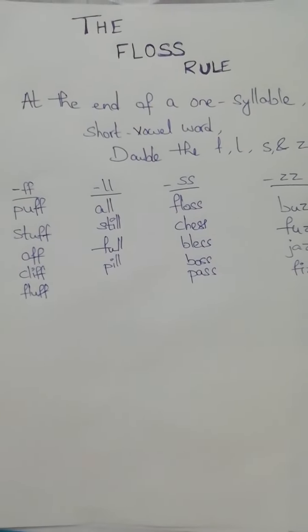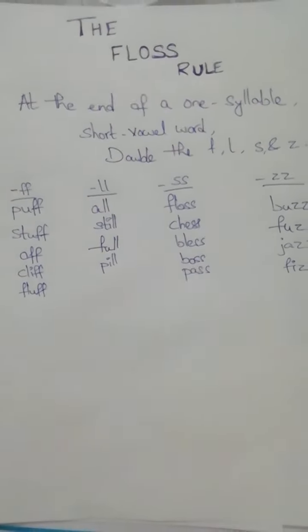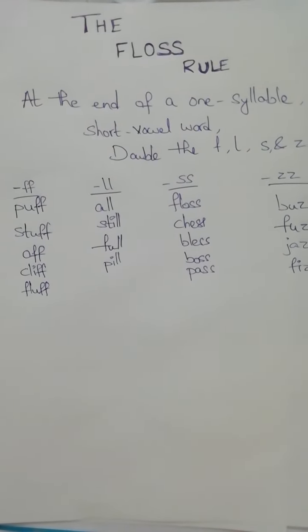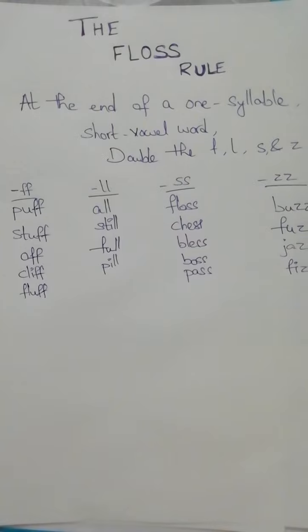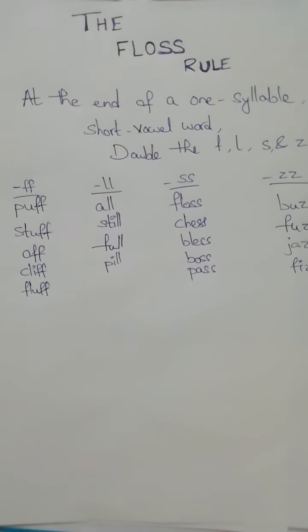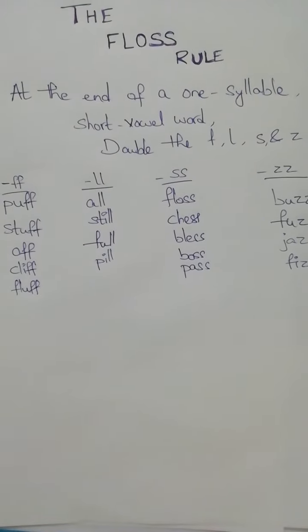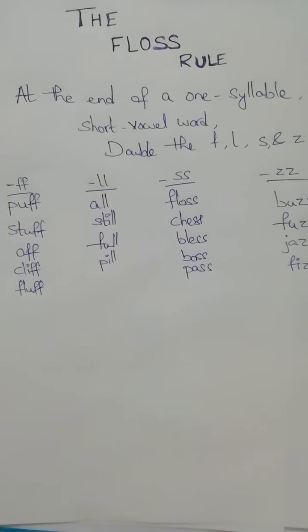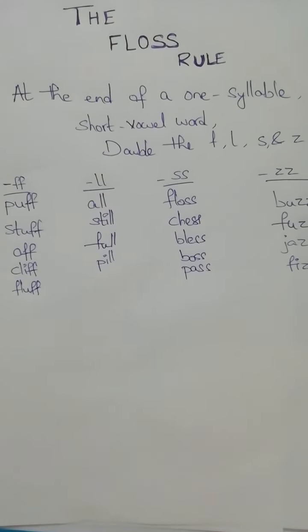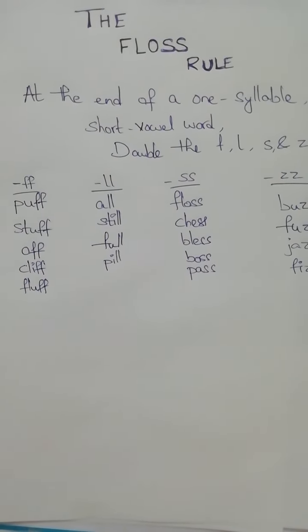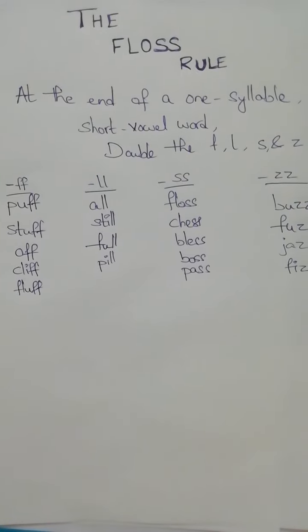So at the end of a one syllable short vowel word, again short vowels, a, e, i, o, u, these are called short vowels. There are again long vowels, five vowels are there. But at the end of a one syllable short vowel word, we need to double these consonants F, L, S,